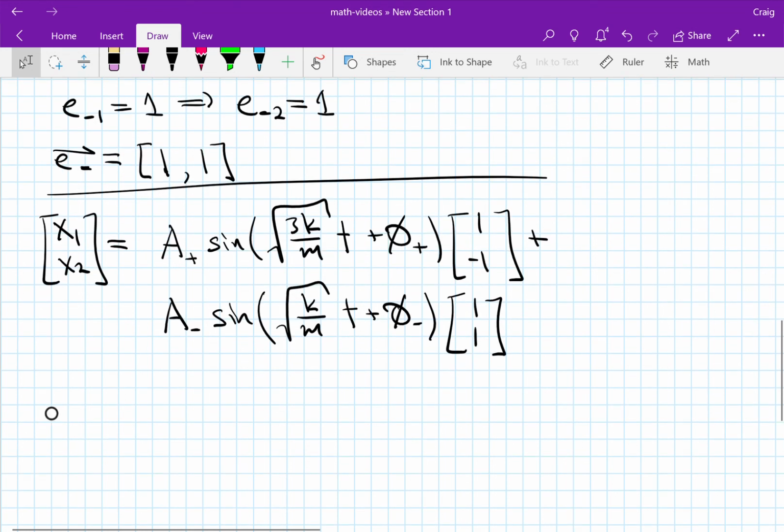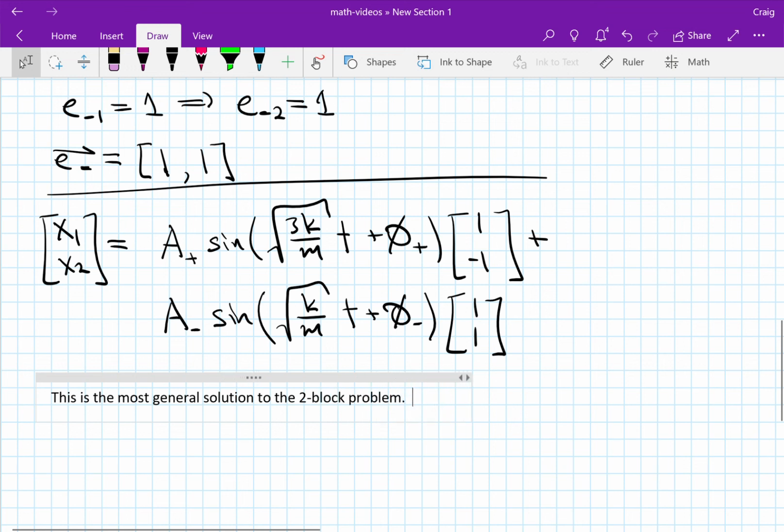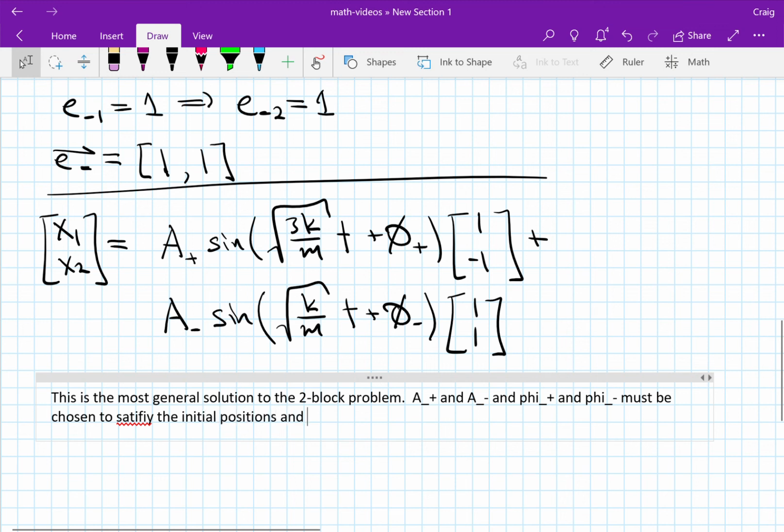So this is the most general solution to the two-block problem. Then a plus, a minus, and phi plus and phi minus must be chosen to satisfy the initial positions and velocities of the two